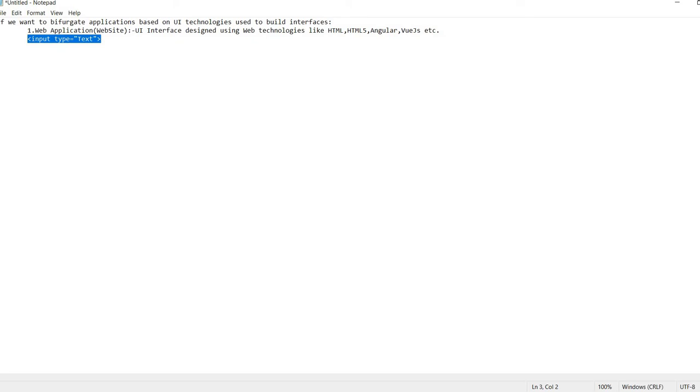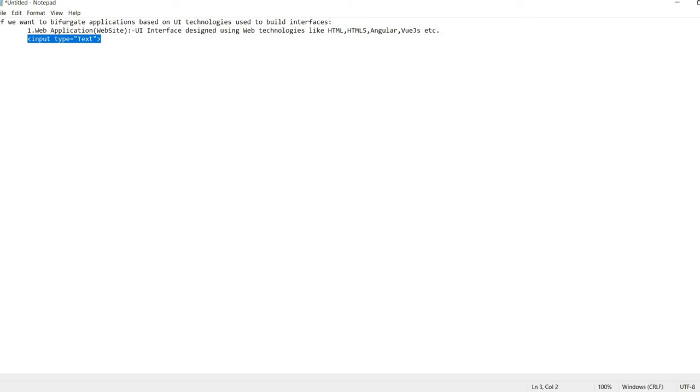Now if your application UI design is done in languages like HTML, HTML5 or Angular, then when you open your form, the interface, you basically need a browser to run this particular HTML code. Browsers come with engines which run the HTML and render the UI of your application for you, right?